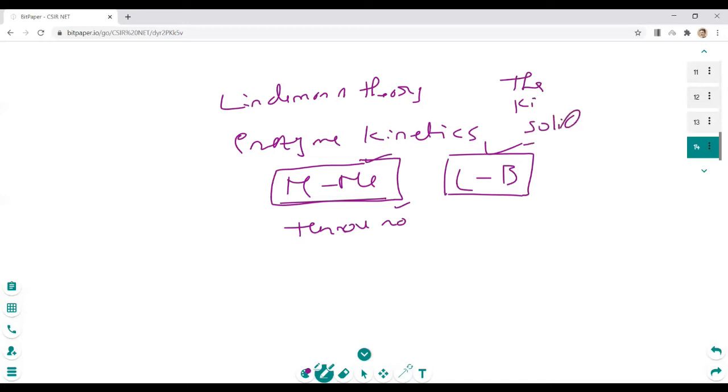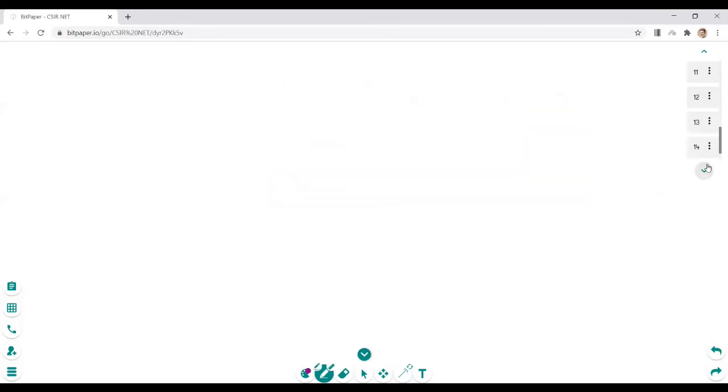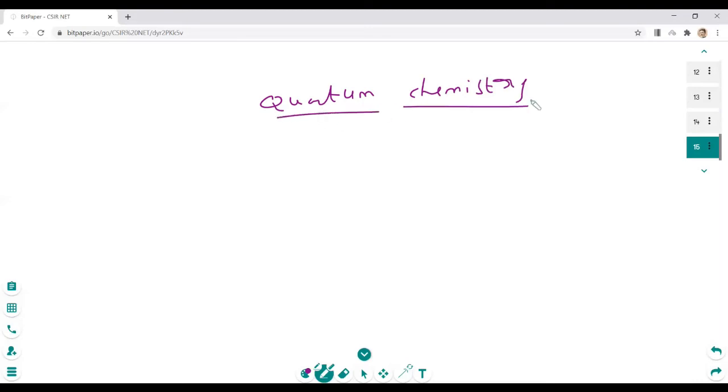Next comes quantum chemistry, which most of the people may not be comfortable with, but this is highly yielding. You have to see first what kind of questions may come in quantum chemistry. Particle in a box, one of the famous ones: particle in one-dimensional, two-dimensional, and three-dimensional. There can be a question from this, or the simple harmonic oscillator.